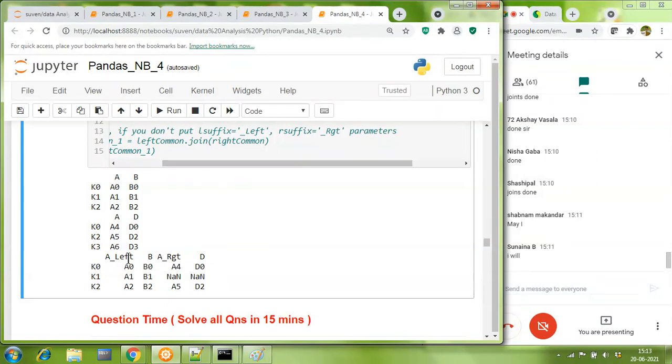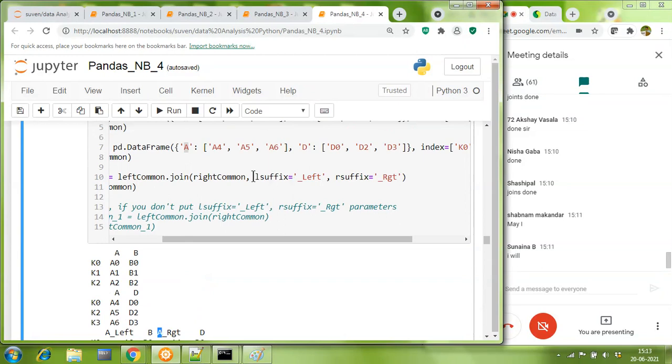Shabnam, I'm just interrupting you. Just a quick question to ask you. If I wouldn't have given suffix, then I would have got two columns, like A over here also and A over here also. Yes, sir. Correct. So this is because of the suffix, the left L suffix we have added. So anything which is coming from the left hand side table or left hand side data frame, you are concatenating it underscore left. Anything which is coming from the right hand side table, you are concatenating it underscore right.